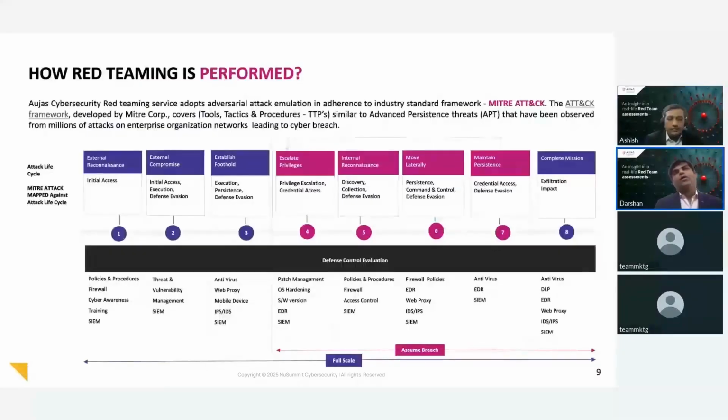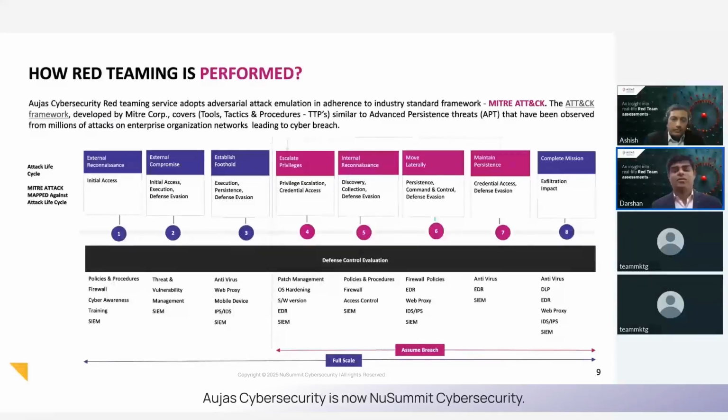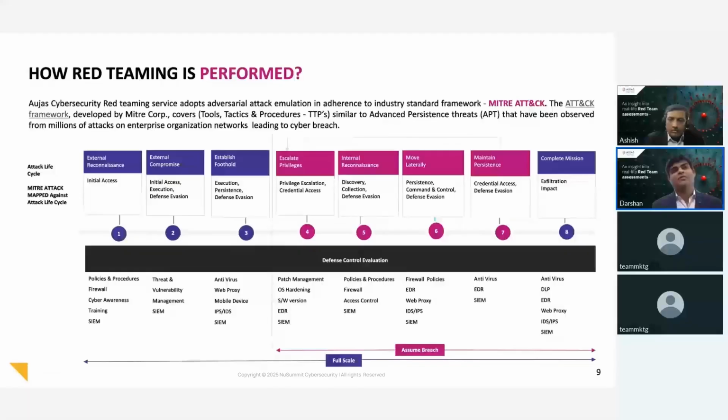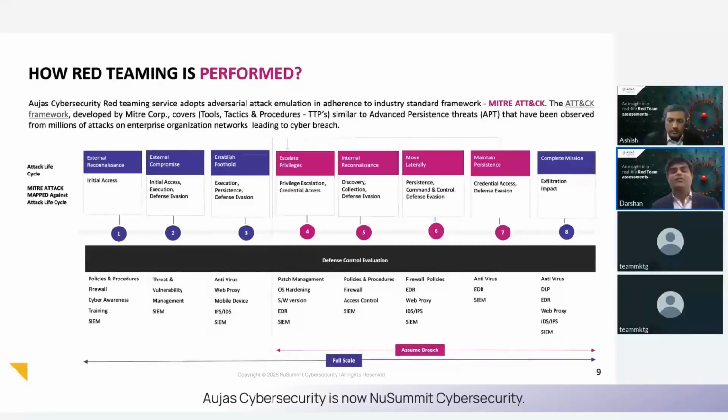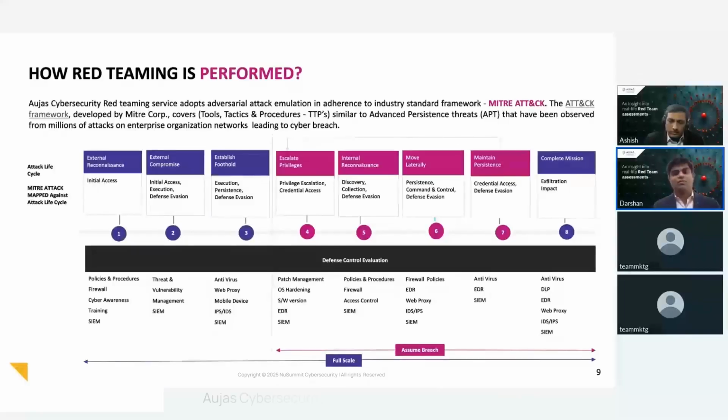When I talk about the red team methodology, there are lots of things that come to my mind. Basically, the MITRE ATT&CK framework. I don't know if most of you already know this, but MITRE ATT&CK is one of the standard frameworks, a collection of all the tactics, techniques, and procedures, which are nothing but the attacks that APT groups or hackers perform on government and private organizations. Whatever these attacks are, they have been collated into tactics, techniques, and procedures and accumulated in one place called the MITRE ATT&CK framework, which details the entire cyber kill chain,